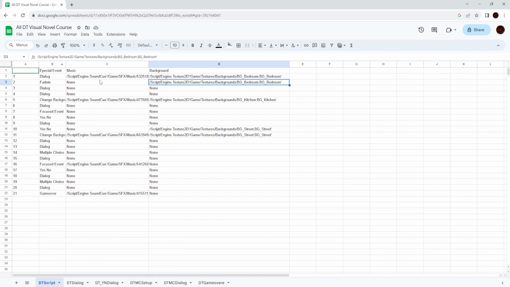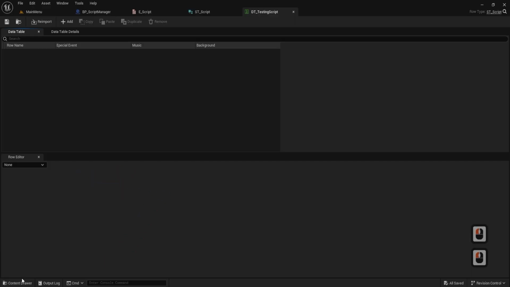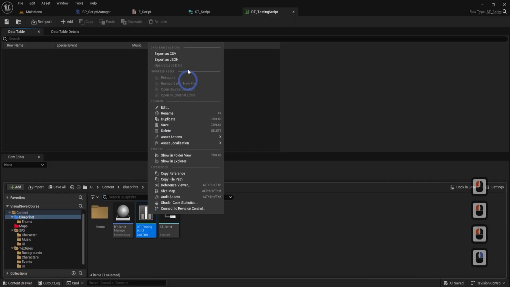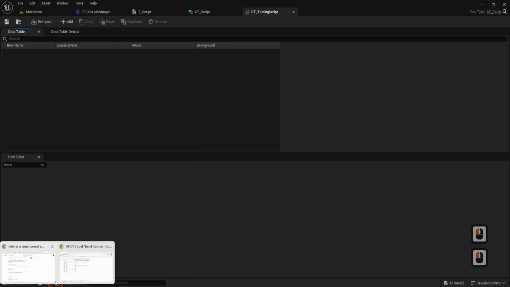You can always create it first here and then add it to the engine, but things can bug out. It's always a better practice to even make an example, export it as a CSV value. The way we export it is we just go to the file and right click and export as CSV, and we import it